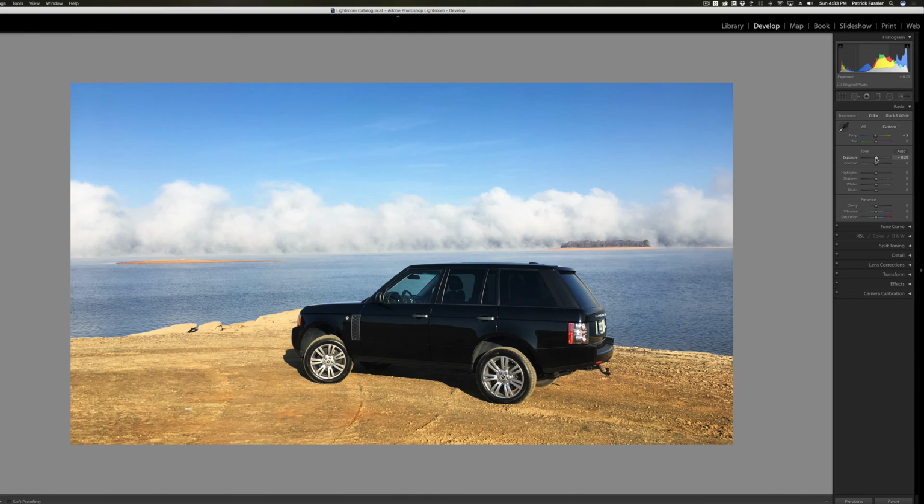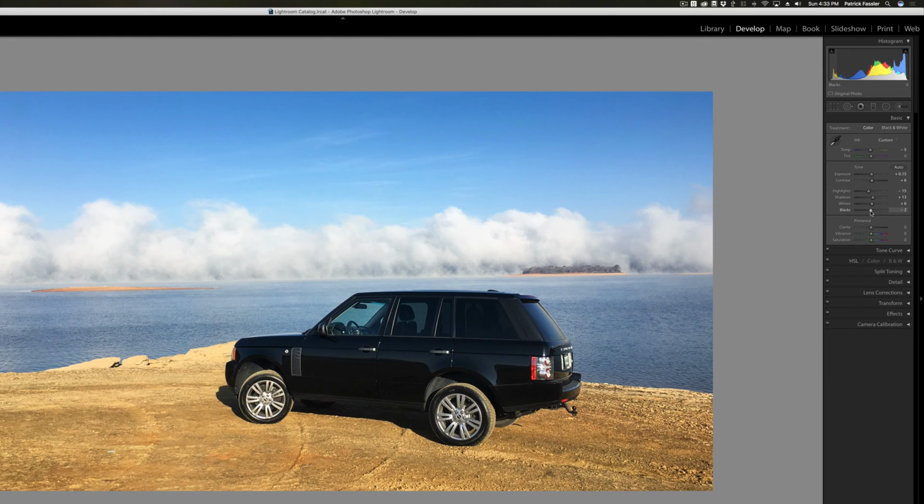We'll mess with the exposure a little bit. We'll take it up to about 0.15, increase the contrast a little bit, and then take the highlights down to about -15, the shadows up to about +13, increase the whites to about +6, blacks to about -5, clarity up to +20,